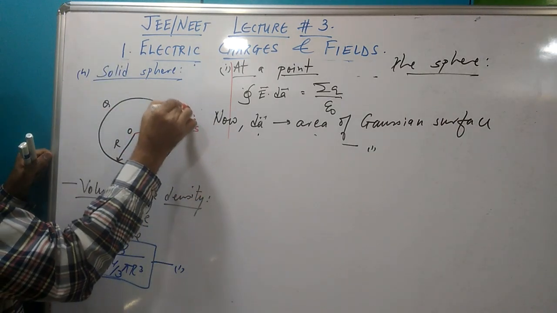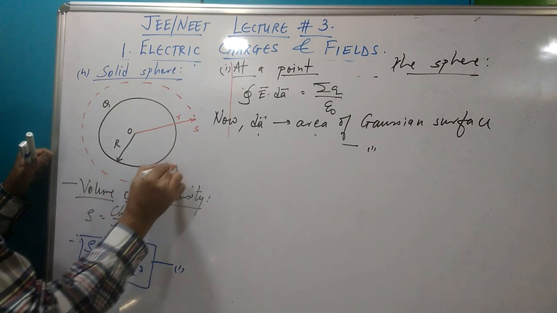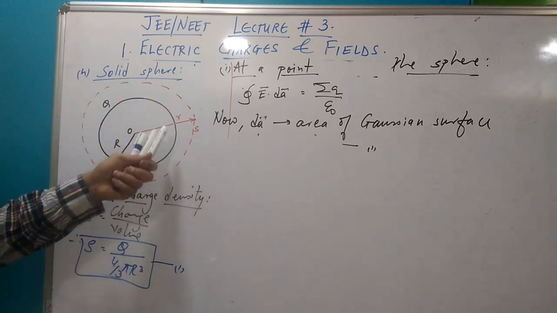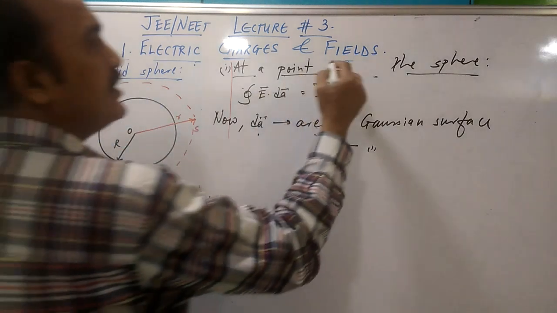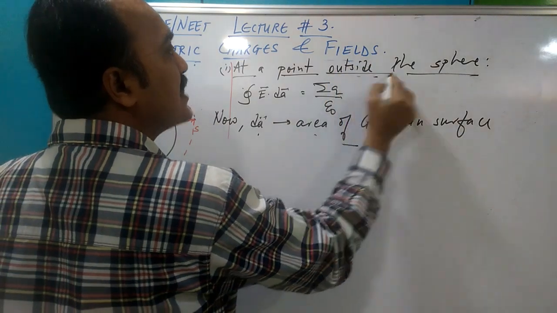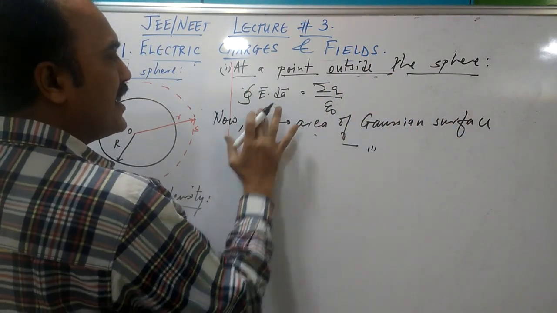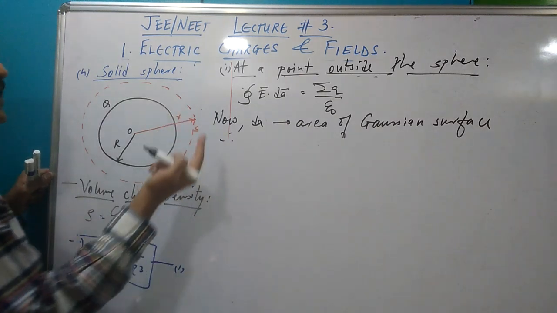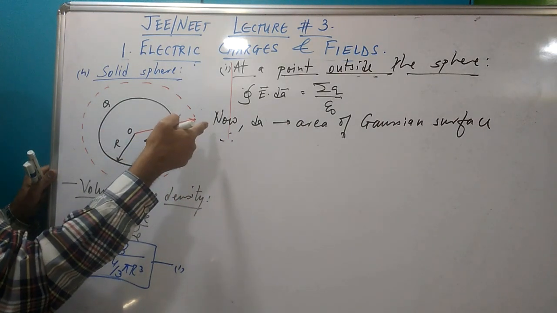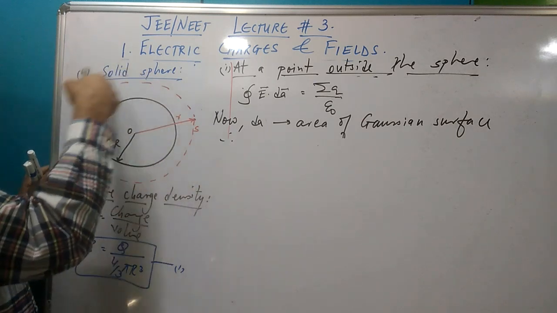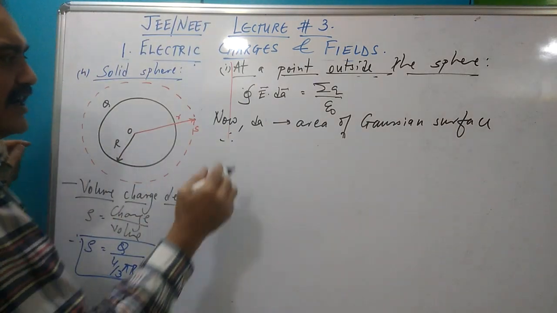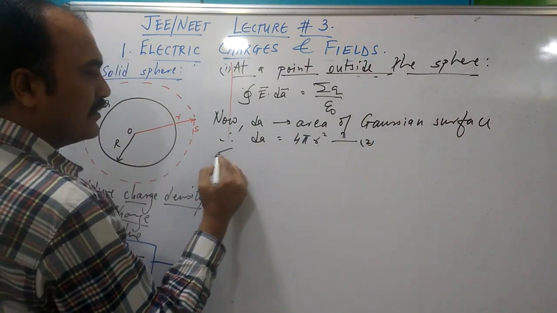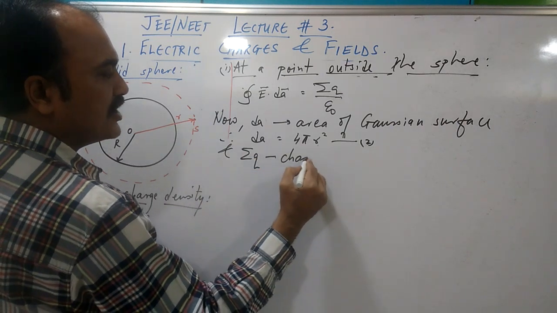And let me draw my Gaussian surface. Lovely sphere this. Alright. Gaussian surface is the surface having radius small r. And at a point outside the sphere, Gauss law remains same. dA bar also remains same. Area of the Gaussian surface. So you can see the only thing that's changed is this point has come out. Nothing, no big difference. The red color Gaussian surface is still that spherical three-dimensional contraption, dA being 4 pi r square, and sigma q, charge enclosed.